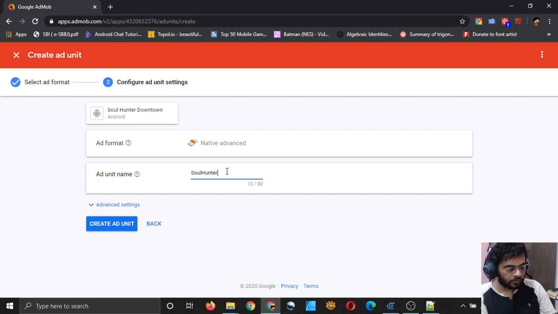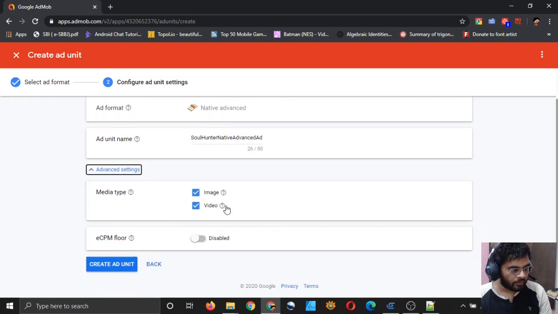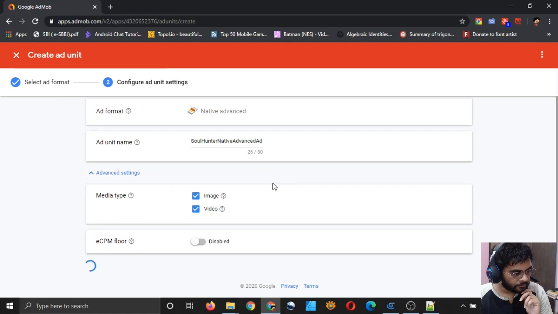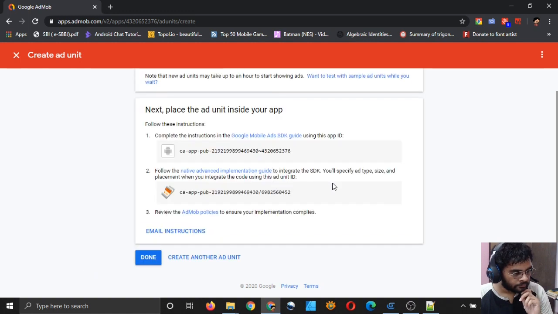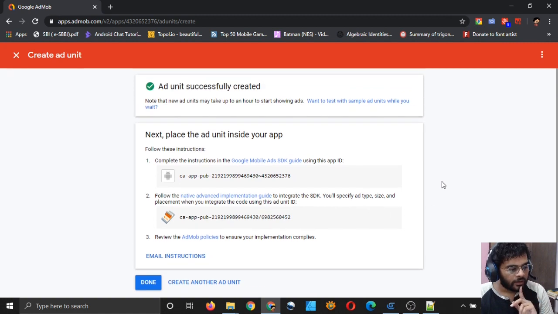Tool Hunter native advanced ad. Advanced settings, image, video. Okay, create ad unit. So it's the same thing.